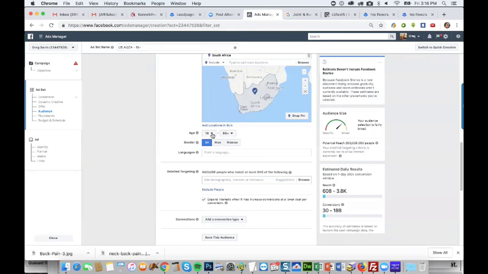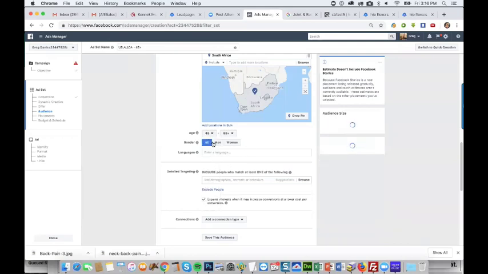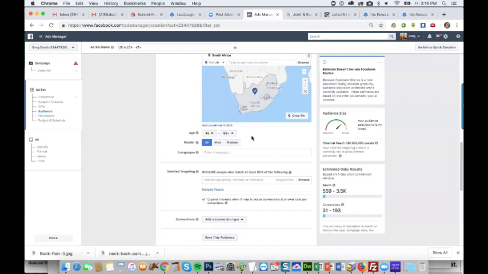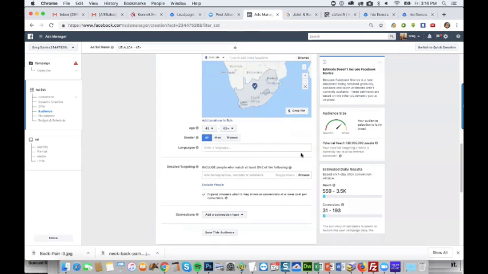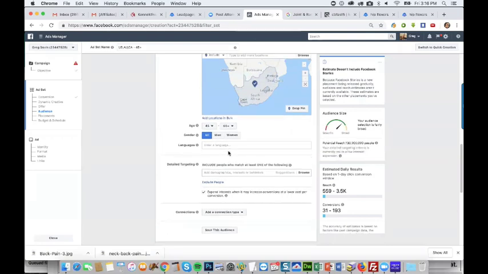So let's start at 45 and go 45 and up. And right now, let's do all men and women. We don't know who's going to do better. This is like all one big test. All right, so right now we have access to 130 million people, which is really a lot.